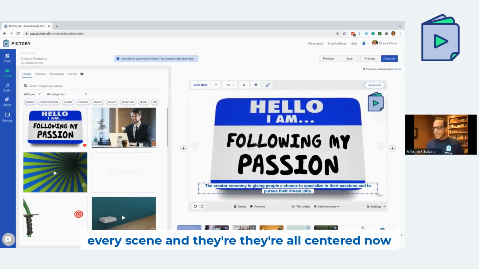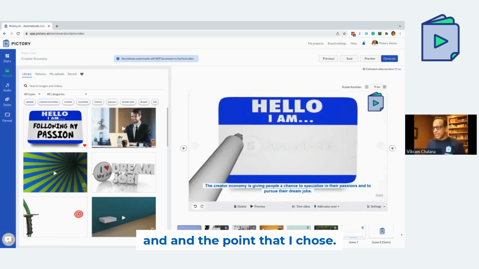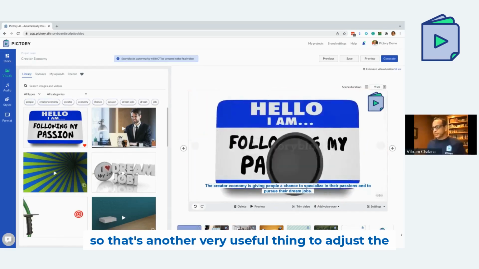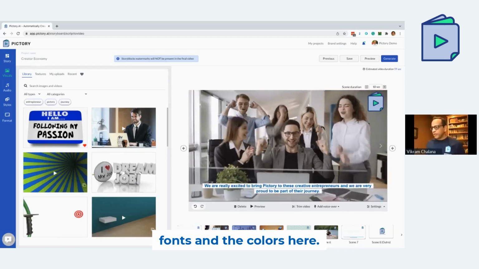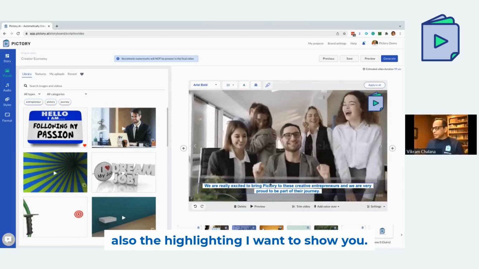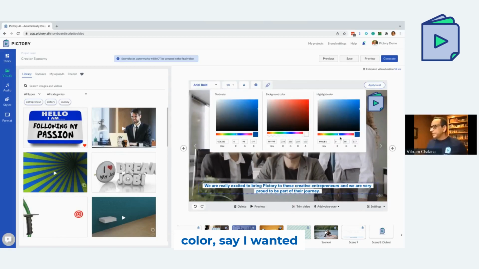This gets applied to every scene in there. They're all centered now with that size and the font that I chose. So that's another very useful thing to adjust, the fonts here. Also, the highlighting, I want to show you, if you did choose a different highlighting color, say I wanted